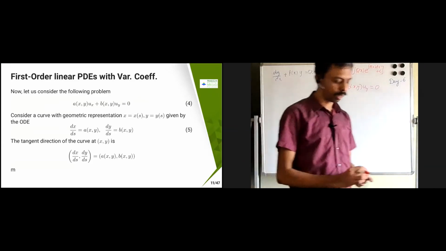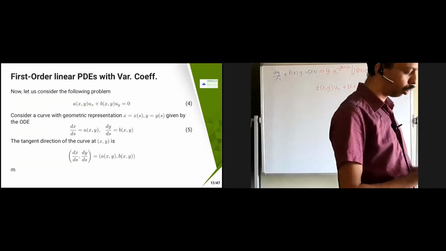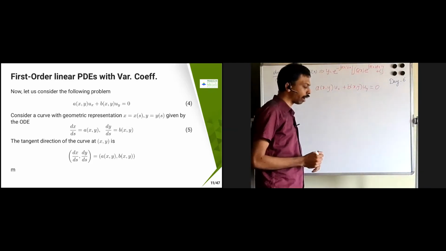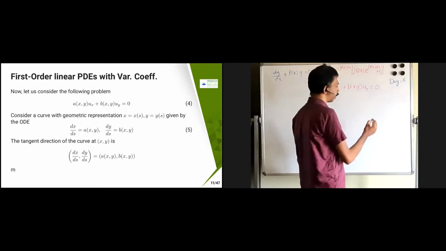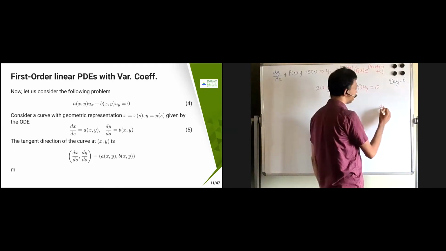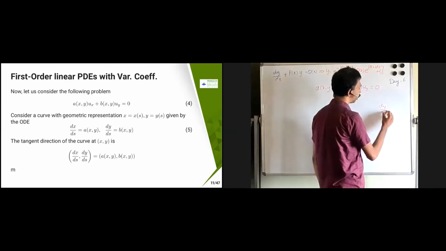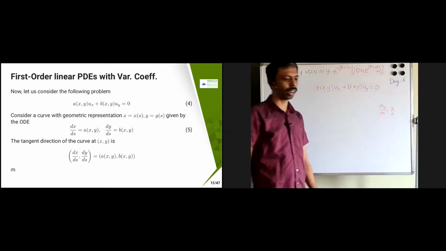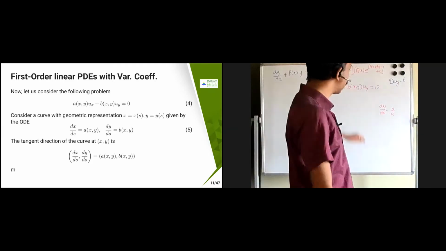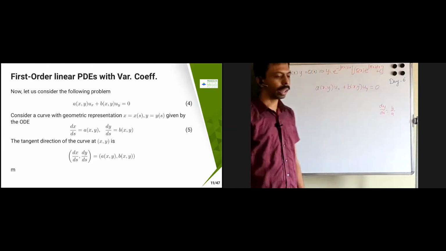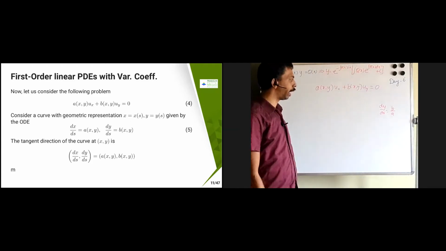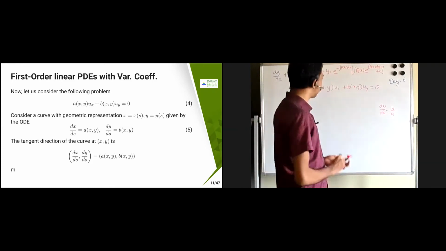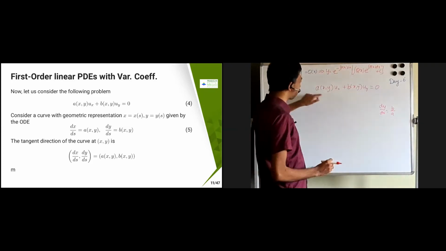So now let's try to do what we are trying to do. See, in the case of constant coefficients, what we got was something like dy/dx equal to b/a. That is nothing but the slope of that line, the characteristic line; b/a is nothing but the characteristic lines you got. Now almost the same setup you are going to get here, but here you are not going to get a line, because a is a function of x, y and b is also a function of x, y.